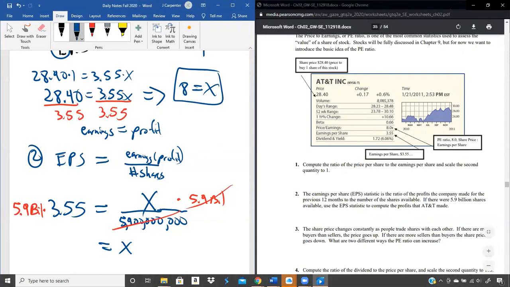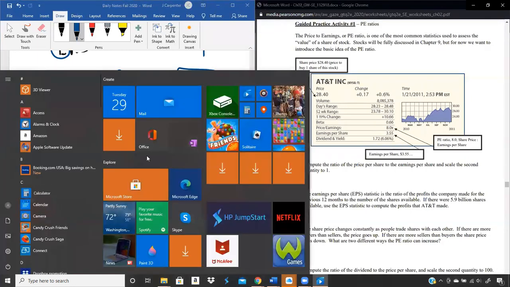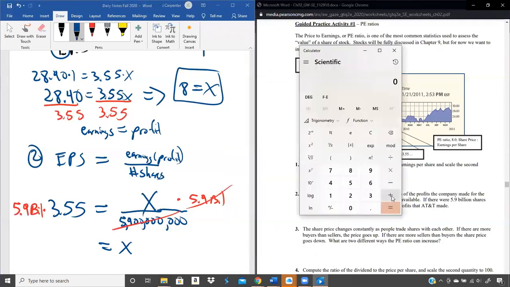Let's pull out our calculator. Why did I close it? That was silly of me. So let's see, 5,900, and then 6 more zeros, 1, 2, 3, 4, 5, 6, times the 3.55. Let's see if this gives us something not in scientific notation. Good. So we get